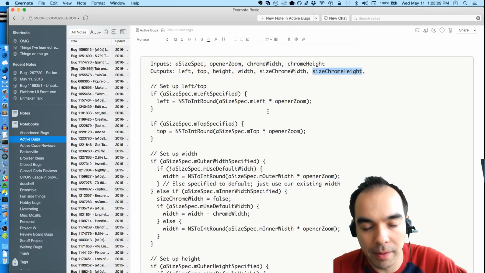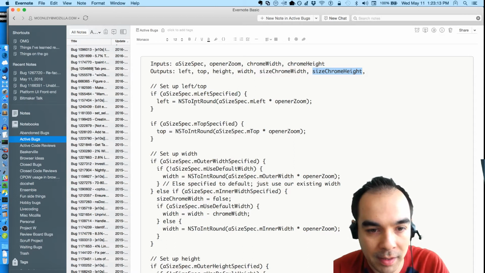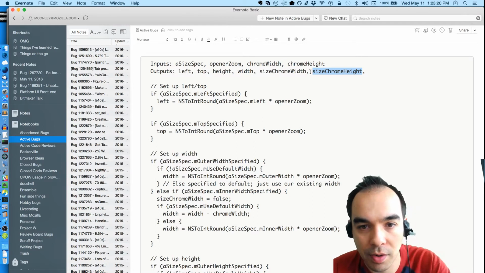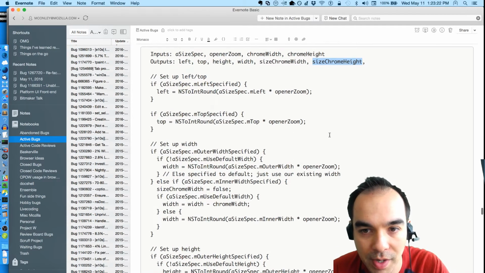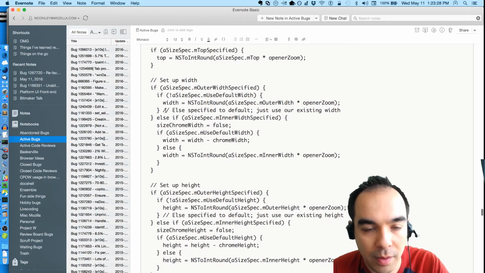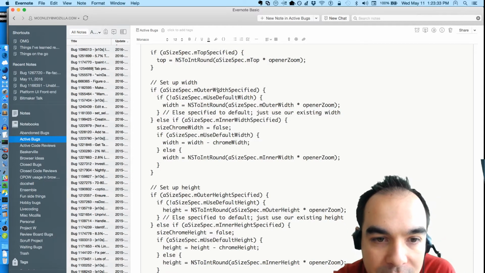Left and top tell where the window is going to be. Height and width say what size it's going to be. And I don't know what size chrome width or size chrome height is all about, but we're going to find out. So we compute the left and the top, that's easy. And then width and height are different. So if an outer width is specified,